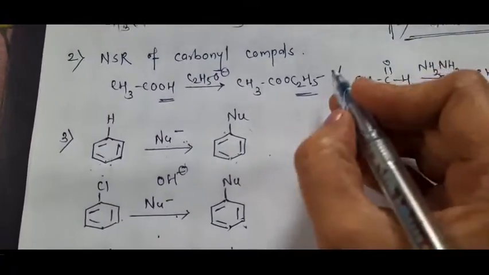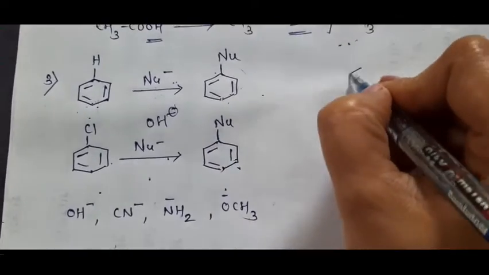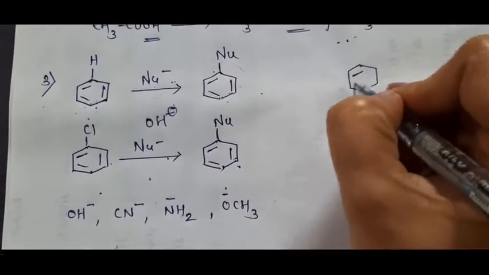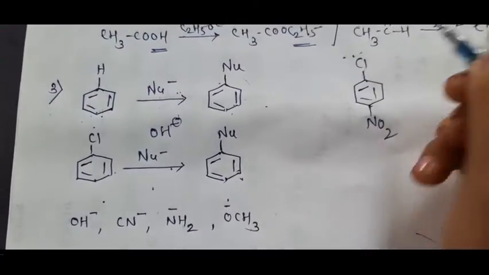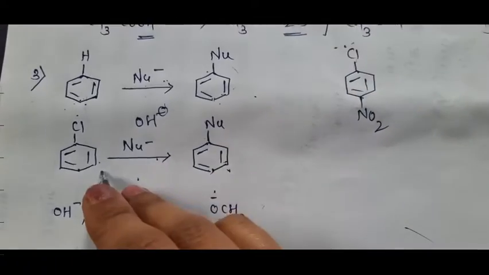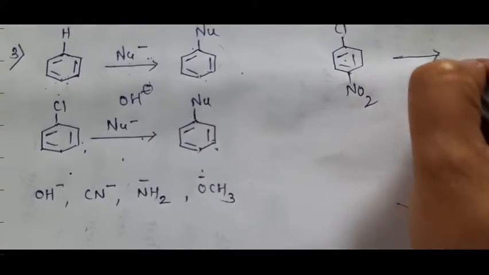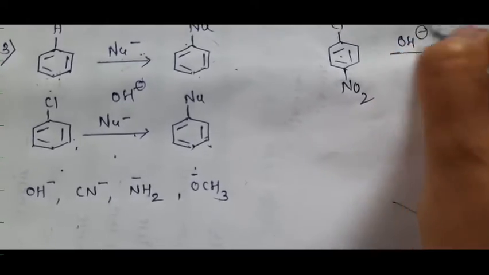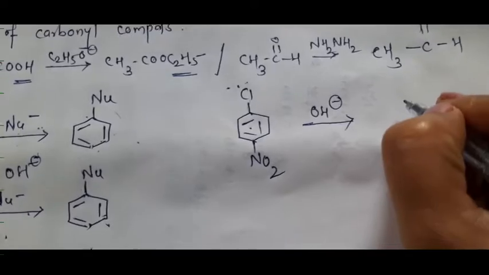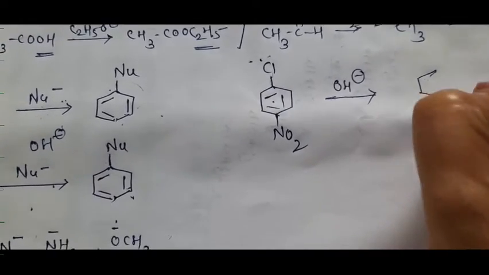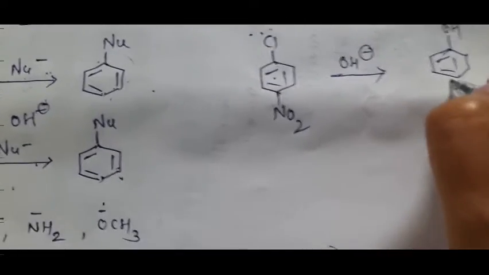But the moment I introduce one or the other electron withdrawing groups, and I convert my simple aryl halide into this particular category, and make this react with a nucleophile, then definitely this will be able to give me the product comparatively easily, and that product